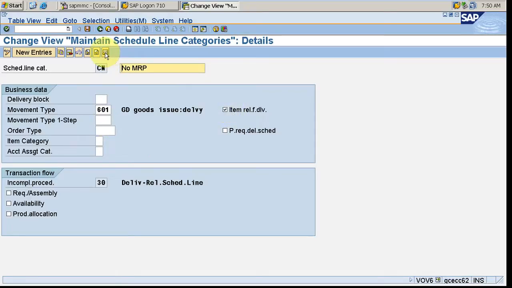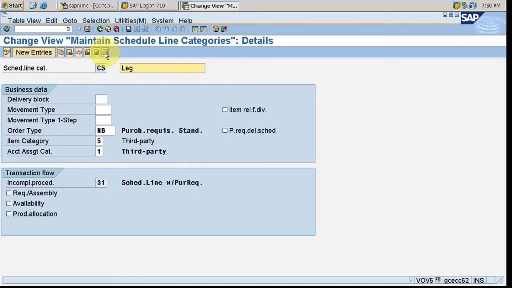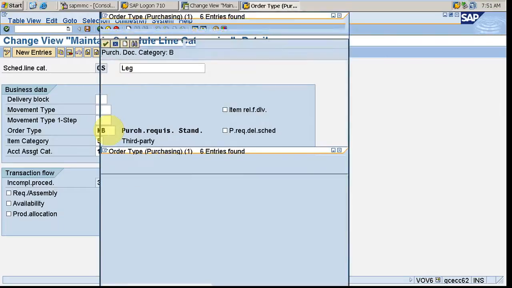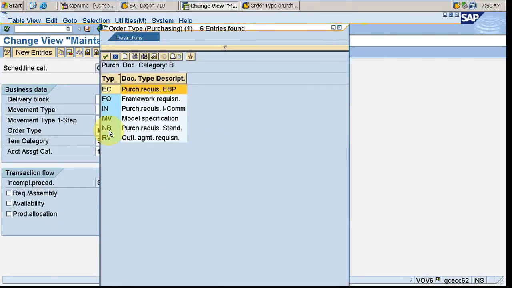So I'll open CS so that you can understand better. Order type NB says purchase requisition standard. This helps to trigger the purchase requisition. Earlier we have seen the automatic PO in item category. If we want automatic PO to be generated, then we need to configure the ALE configuration in sales org, and check create automatic PO in item category. But if you want PR to be generated, then we need to maintain NB, purchase requisition standard.